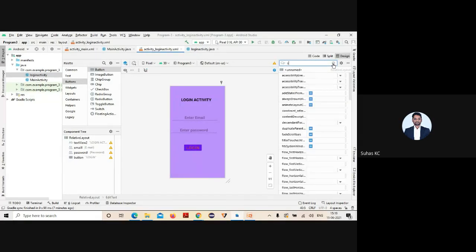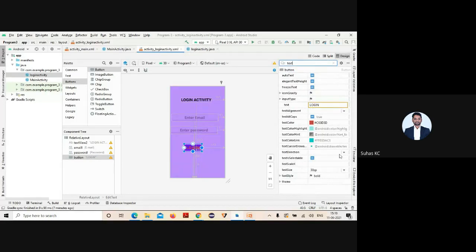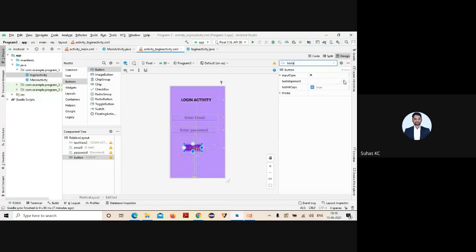And if you want to change the style, which is set mode first, yeah, it is showing normal. You can make it bold. And if you want to make it center, text alignment, it is shown, so you can make it center. So that's it. Like this also you can change. Hope you're clear, right?